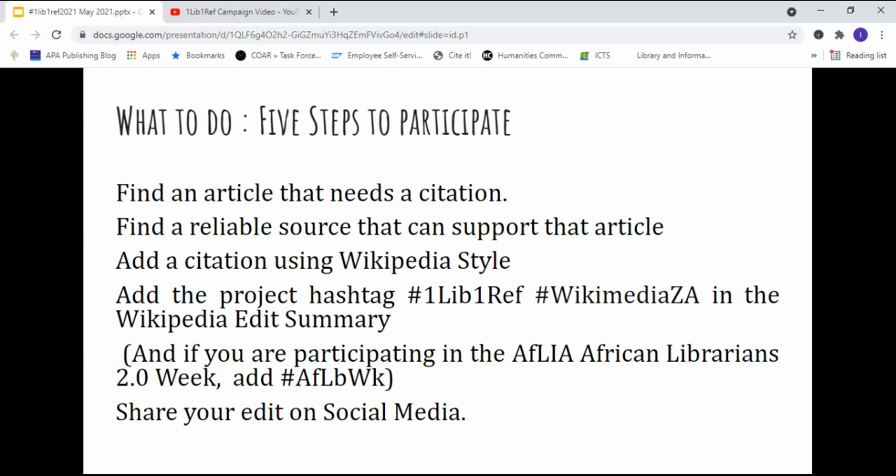The quick process is adding the citation using Wikipedia style, add the project hashtag OneLibOneRef, and we're actually asking South African librarians to include the hashtag WikimediaZA in the Wikipedia edit summary, and you'll see what I mean. And then if you are participating in the African Librarians 2.0 week, you need to add the AFLibWeek hashtag as well. And you then share that edit on social media.